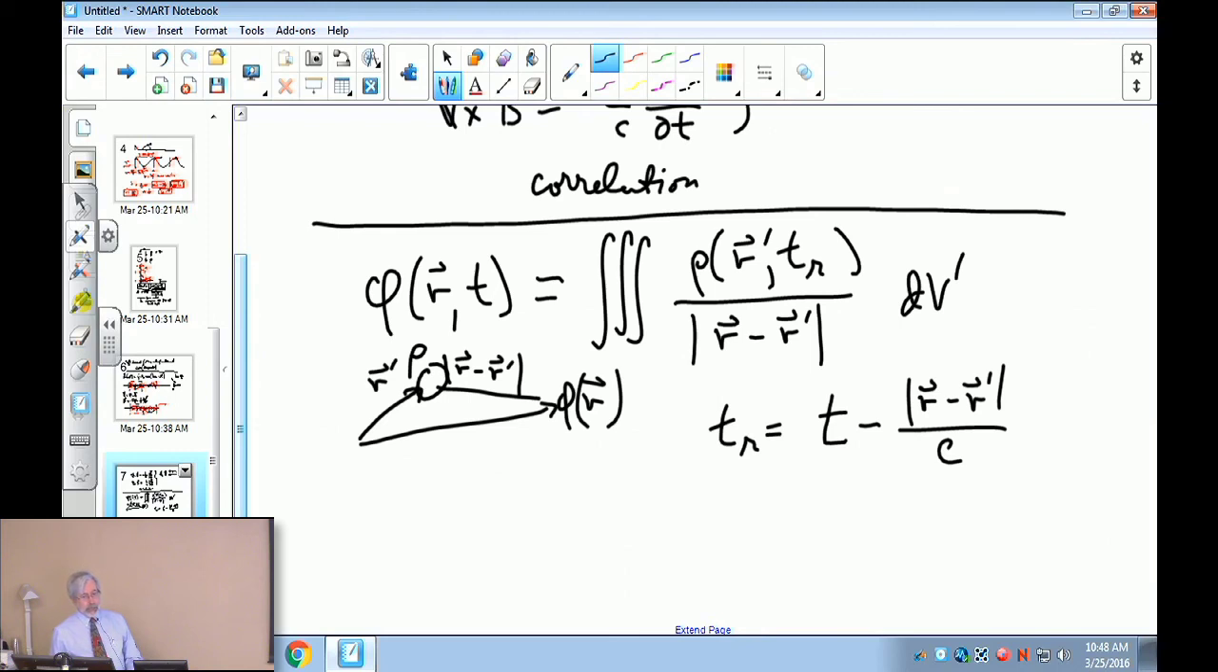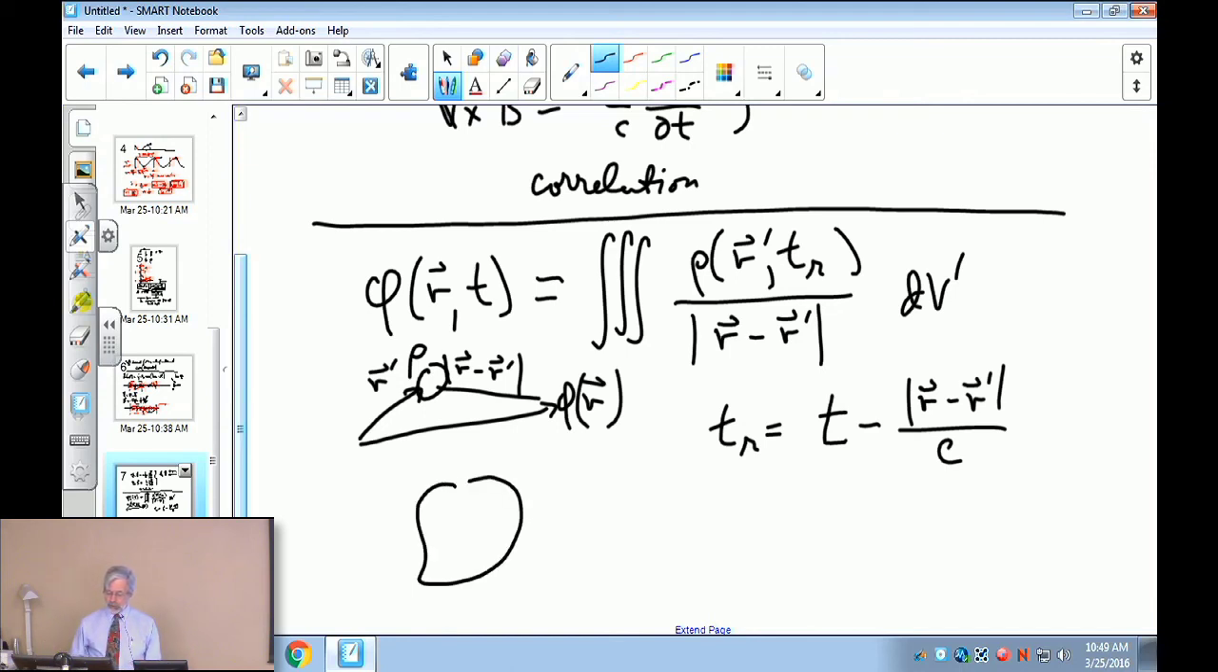And so that retarded time has to be taken into account in the integral. Carrying that integral out is a little challenging. You have to be careful and do the integral carefully, and it makes it a little more complicated. But physically, it's quite simple. You're just taking into account the delay. Different parts of the source are going to have a different delay because they're at different distances from the location where